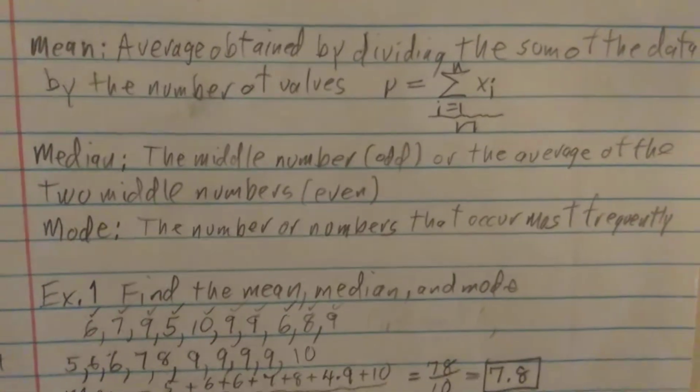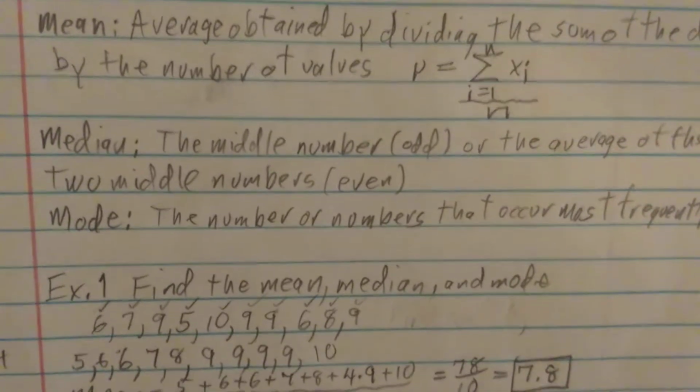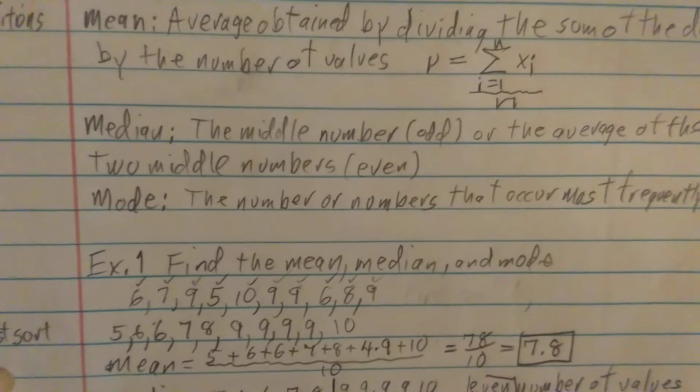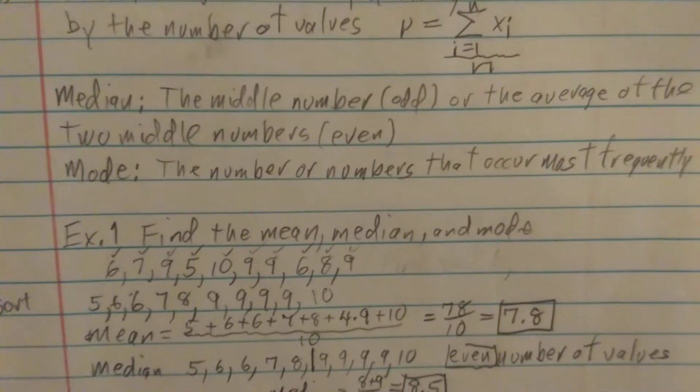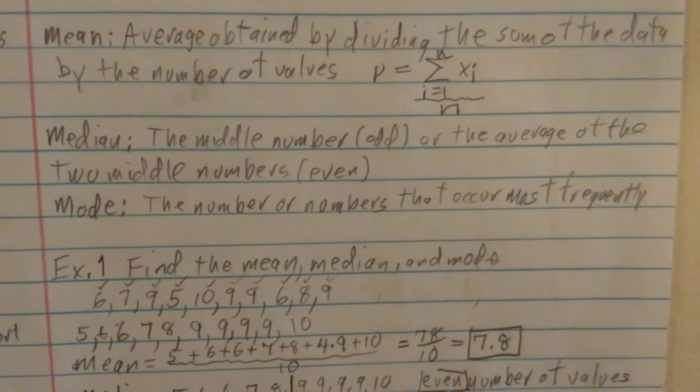So the mean is an average obtained by dividing the sum of the data by the number of values. So you simply add them all up. That's my summation of i equals 1 to n of x sub i. Add all the numbers up and then divide by how many. That's the mean. And that little u symbol with the leg on the left is the Greek letter mu,